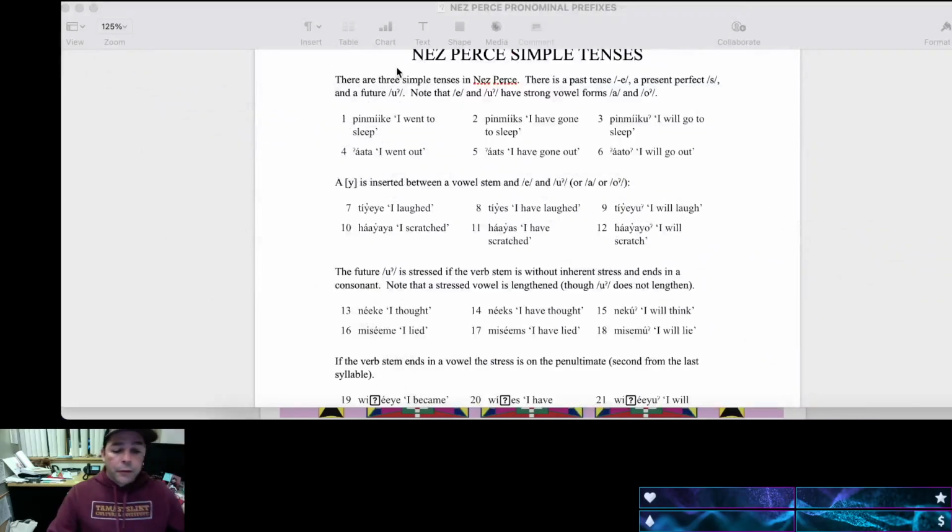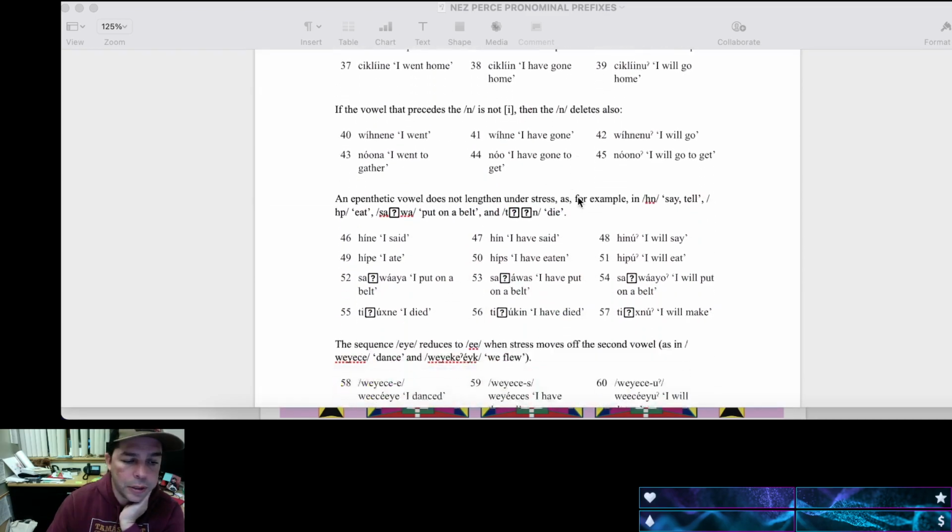And that's it. If you can really just grasp that concept, that's how we conjugate verbs. Then all you have to do after that is work on your vocabulary. You pick out verbs that are important to you that you want to use in your everyday life, and you start practicing conjugating them. And there's a lot more rules. If we just roll through this document, you can see that there's a lot more rules.